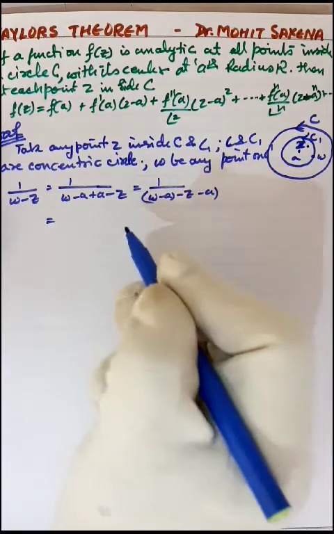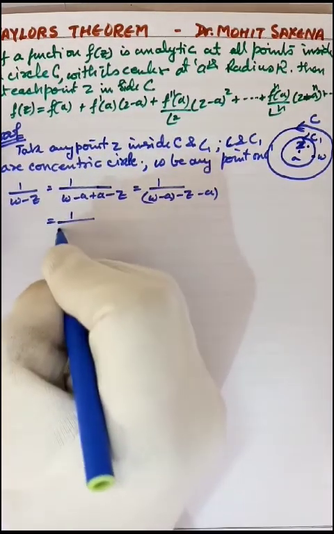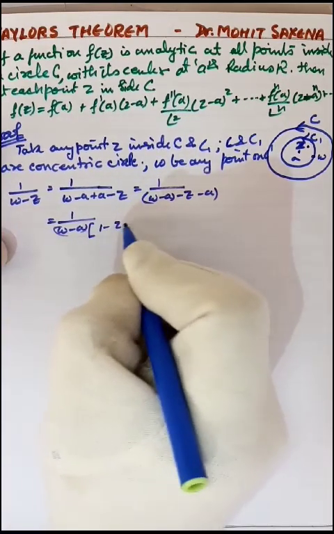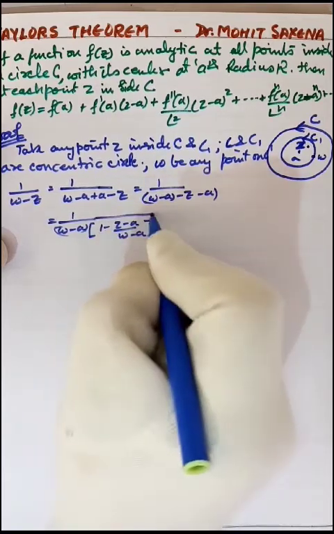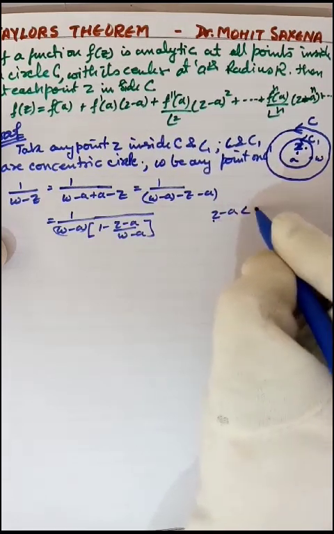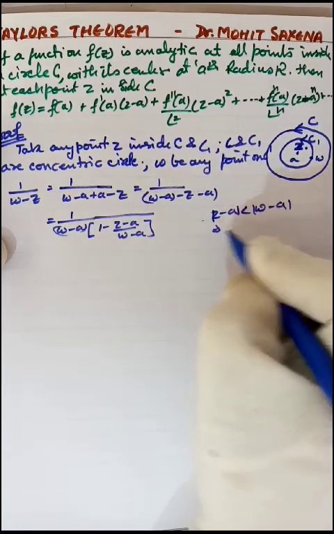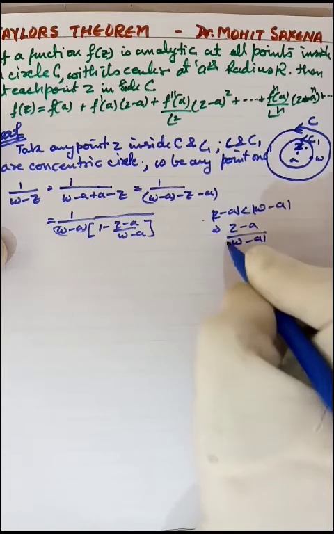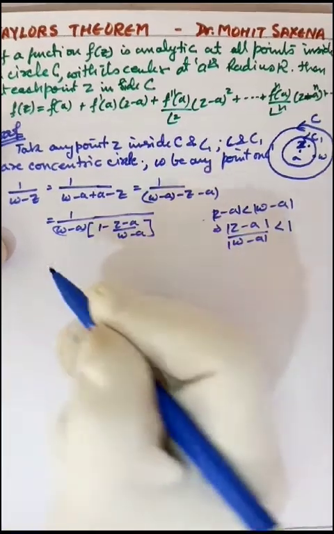If we take W minus A common, it becomes 1 upon (W minus A) times bracket 1 minus (Z minus A) upon (W minus A), bracket close. Here modulus of Z minus A is less than modulus of W minus A. This implies that modulus of (Z minus A) upon (W minus A) is less than 1, which is a basic condition for